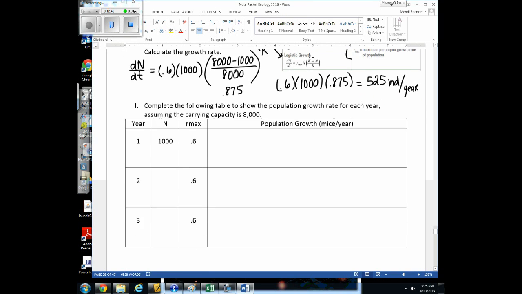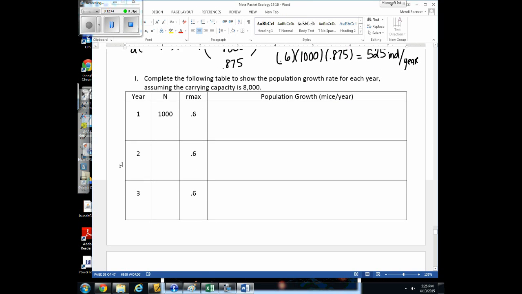Again, for these problems, they might ask you what's the growth rate, or they might ask you what is the population size at the end of the year or for the next generation. I'm using these exact same numbers, and it says there's a carrying capacity of 8,000. We've already pretty much done the first part of this table, and we calculated there's 525 individuals being added per year. To start off generation 2 or year 2, we've got to start off with that new population size, which is